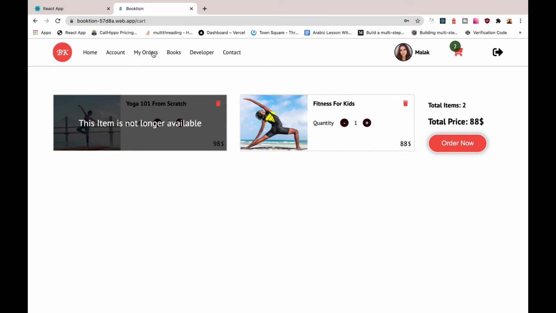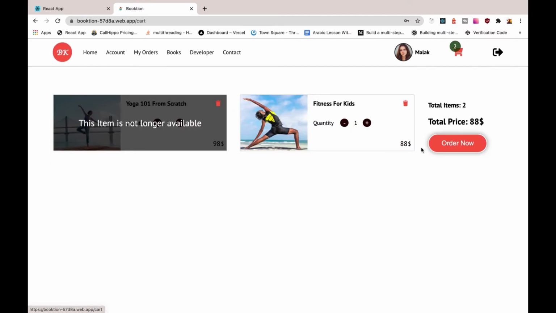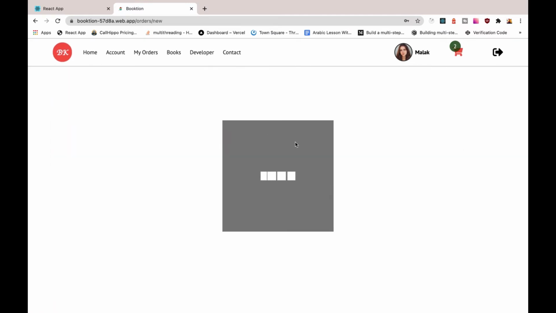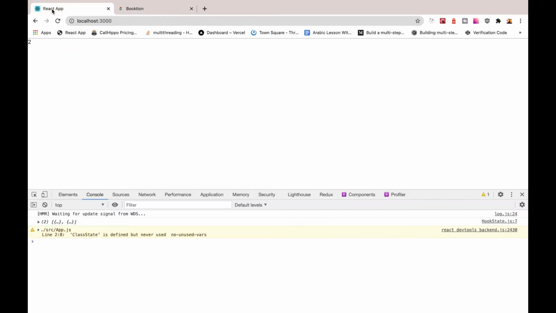Okay. So for example, if I want to make an order from my shopping cart, I can go ahead and say order now. These types of functionalities don't require any use context or things like that. So don't confuse yourself and think, oh my god, where should I use the use context? No, just stick with the tutorial and you will understand